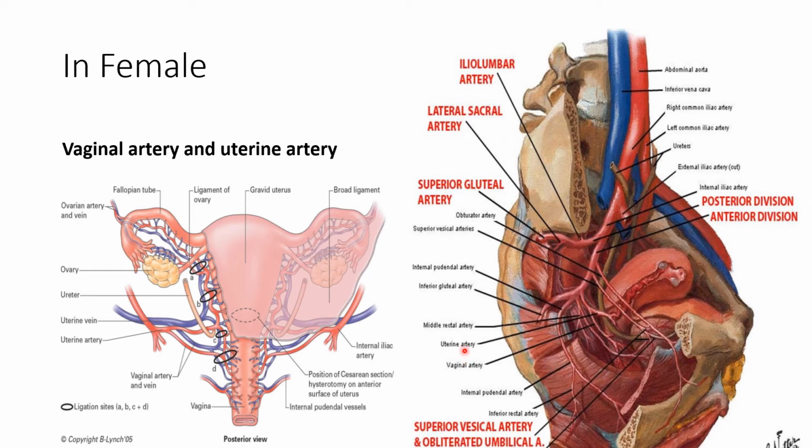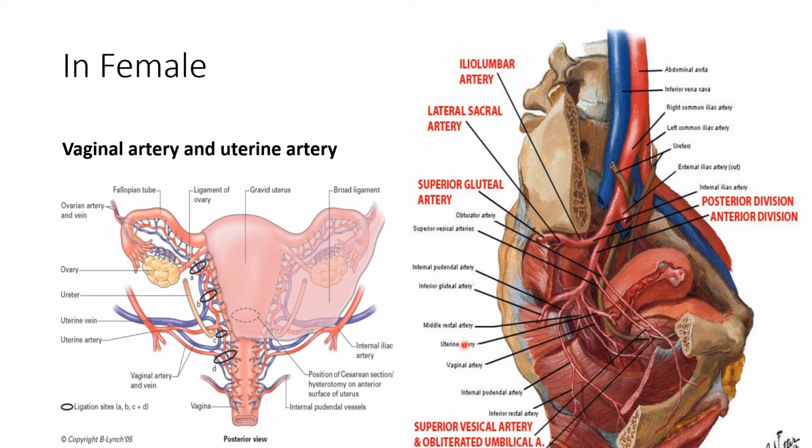The second one is the uterine artery. It is a large vessel in females and initially accompanies the lateral side of the pelvic part of the ureter. On approaching the supravaginal part of the uterine cervix, the artery crosses above and in front of the ureter from lateral to medial side, and then passes upward through the lower attached margin of the broad ligament, where the artery runs tortuously upward along the lateral margin of the body of the uterus. Finally, it runs laterally below the uterine tube, enters the ovary through the mesovarium, and anastomoses with the ovarian artery.